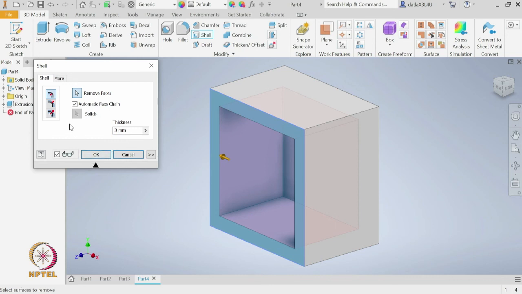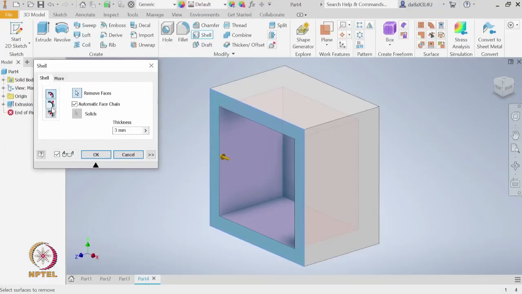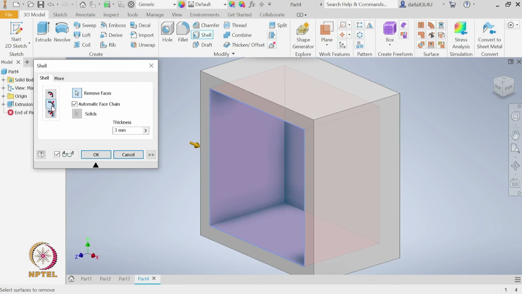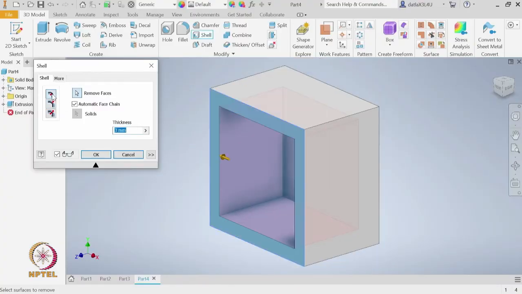And there are few more options in the shell. By default it has chosen this inside. What it means by inside is we have created a solid and the thickness will be within this created solid. But let us say the solid you have created should be the interior of the shell, then we should choose the other option which is outside. So, it will create material outside the existing cuboid. So, now as you can see, since you are putting material on the exterior of the cuboid, the dimensions are much bigger versus the initial one where it is going inwards for the material.